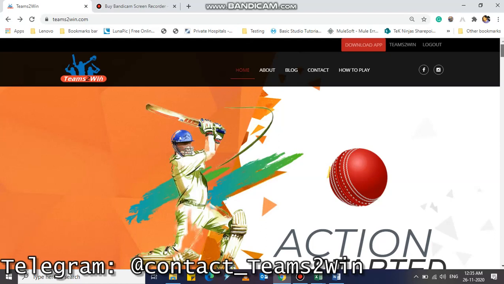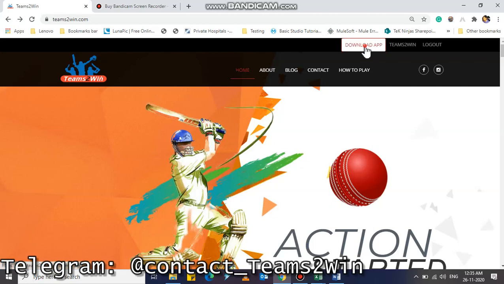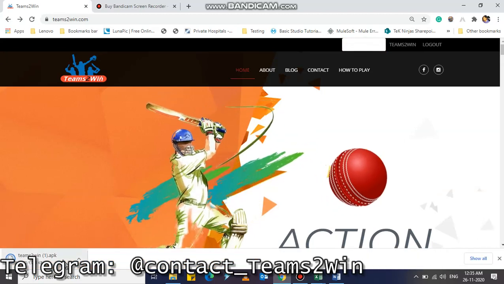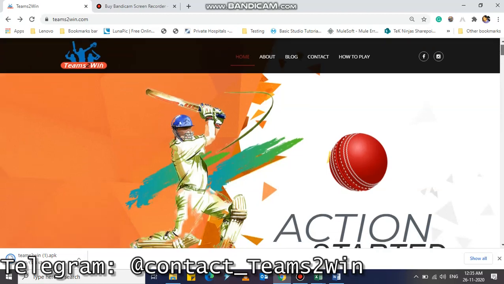So that's it. And we are just integrating our application to the Play Store, and it may take 5 days of time. It will be here only. Whenever you are clicking on download app, it will route to Google Play Store, and you can download over there. So now also you can download the application. It will be an APK format like Dream 11. You can install it.